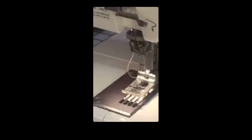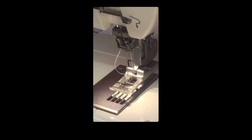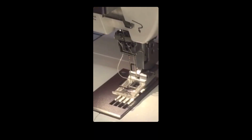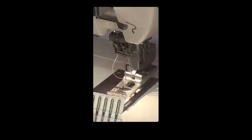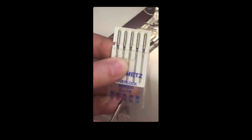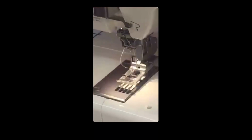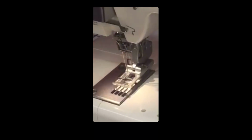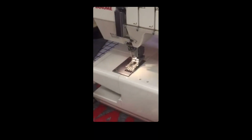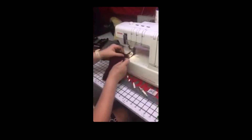And you remember what I said on Monday. The red needles are size 12 and the blue ones are size 14. So you always put the same needle. You don't put a 12 and a 14, they have to be the same. Okay, so before you do anything, you have to practice. You don't go in your fabric